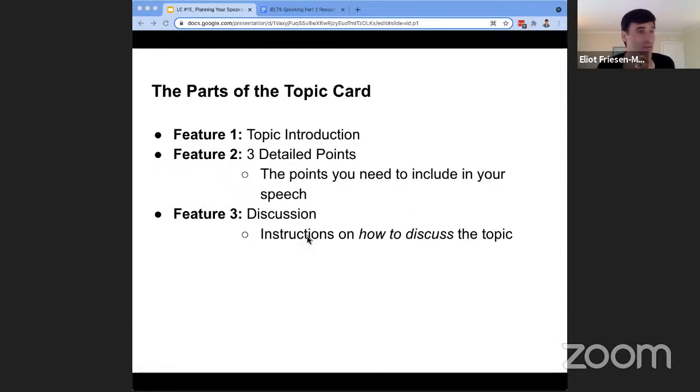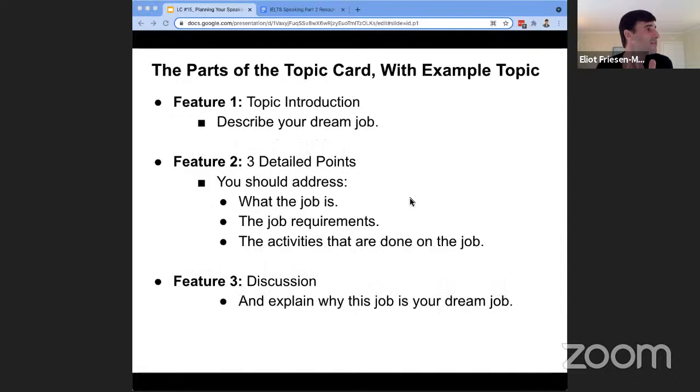So these are the three features you can expect to see on any IELTS Part 2 speech topic card that you're going to receive, okay? So I'm going fast here, but I'll pause in just a moment if we have questions for anybody who needs me to slow down or back up a little bit. But let's just look at this now